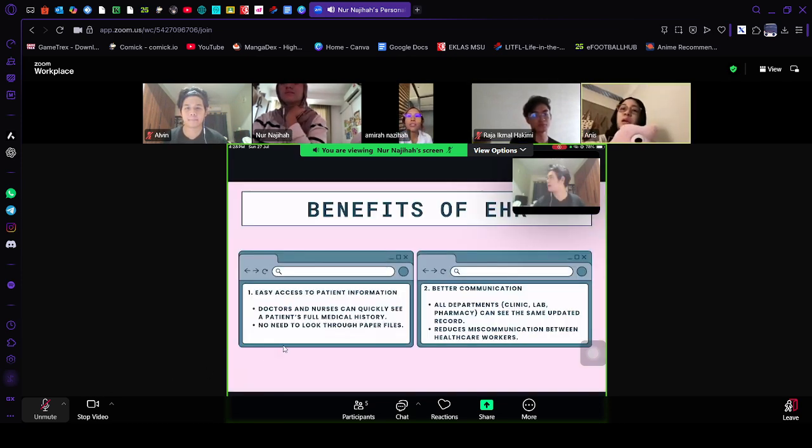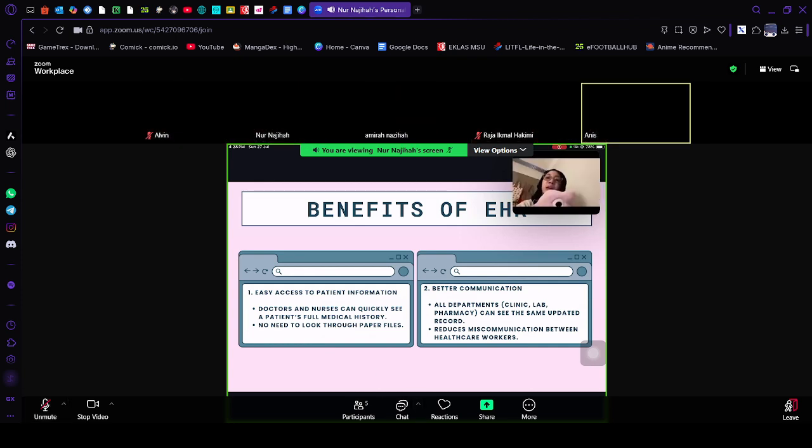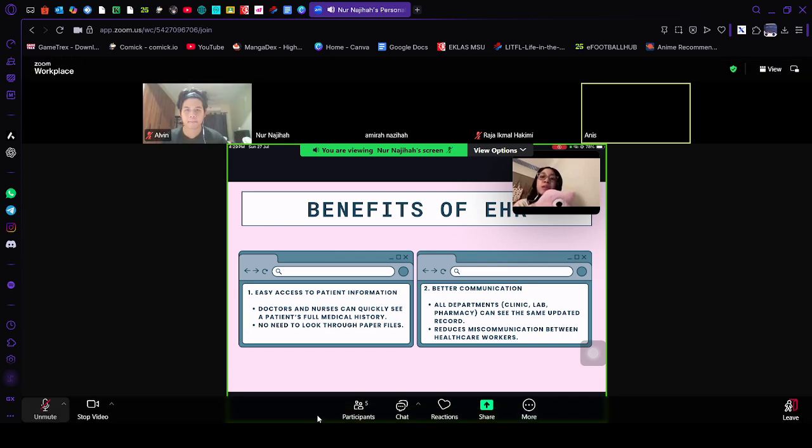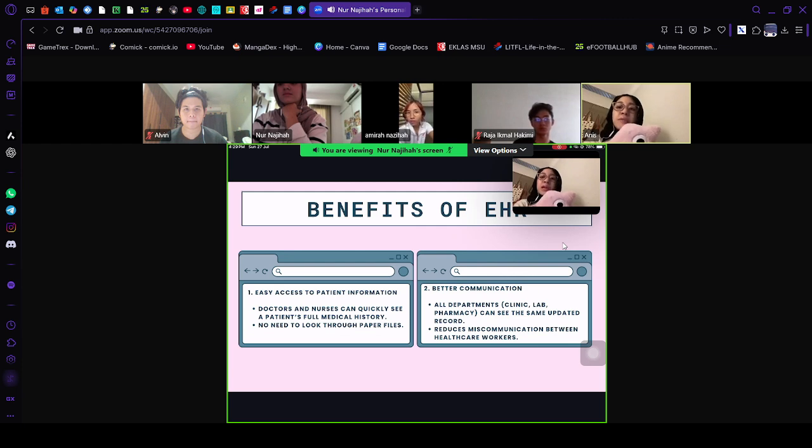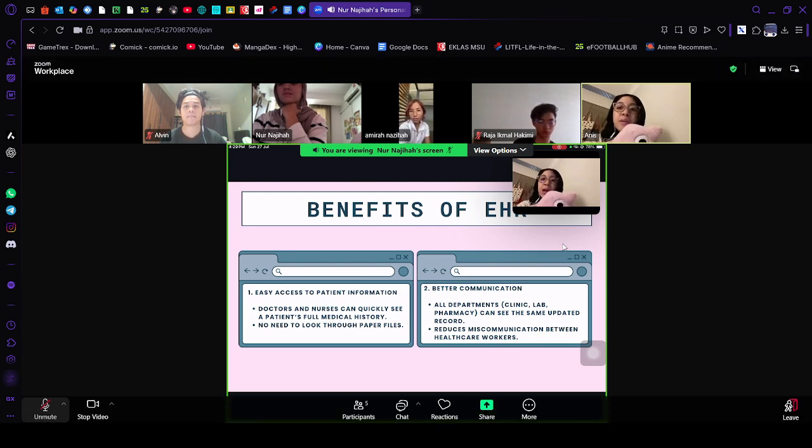Alright, so now I'll be explaining some of the benefits of electronic health records. So first, it gives doctors and nurses easy access to patient information so they can quickly see the full history without going through paper files, which takes a considerable amount of time. Second, it helps to improve communication. All departments like the clinic, lab, and pharmacy can see the same updated record, which helps to avoid